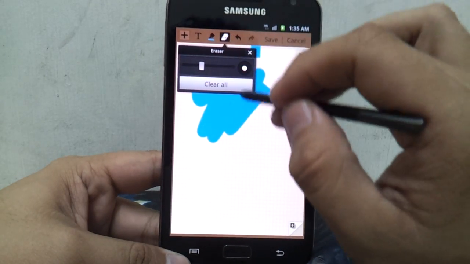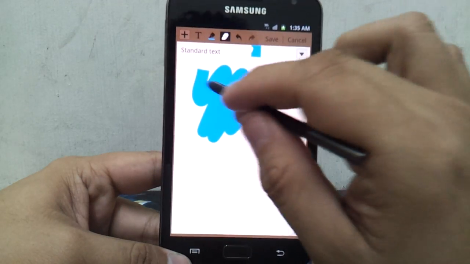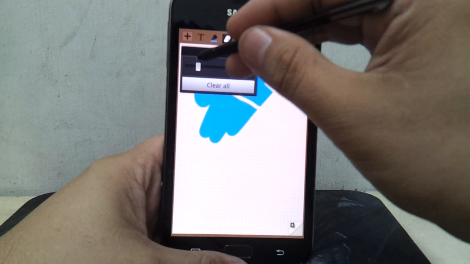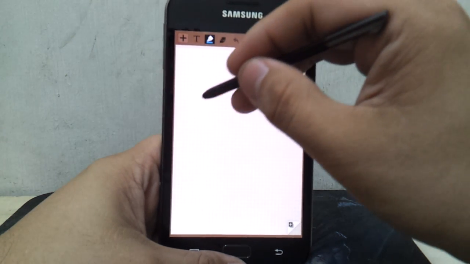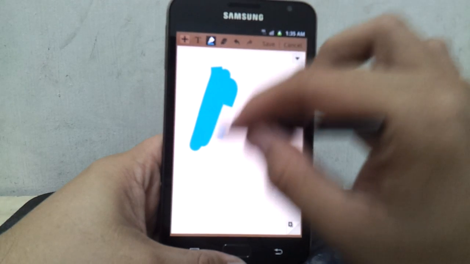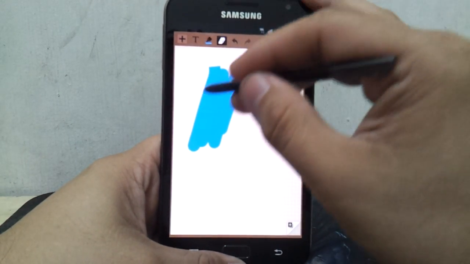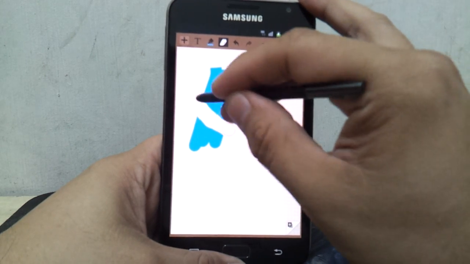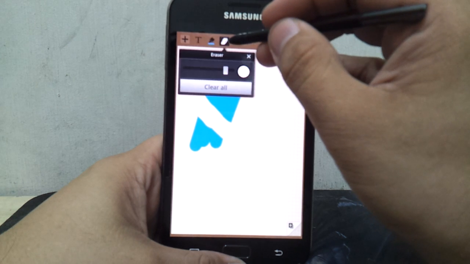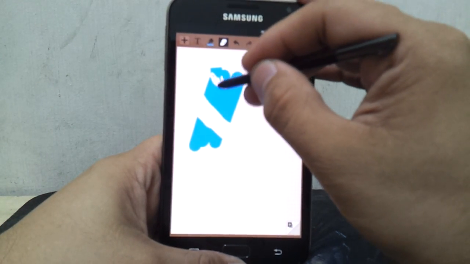And the eraser works as a thinner eraser, or if you choose for it to be thicker, it'll be a fuller eraser. So a thicker eraser, so you can erase things pretty fast, or a thinner eraser if you want to make tiny